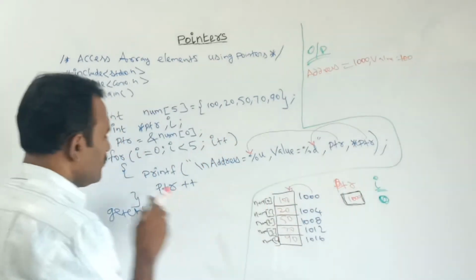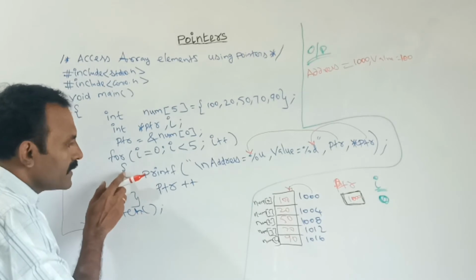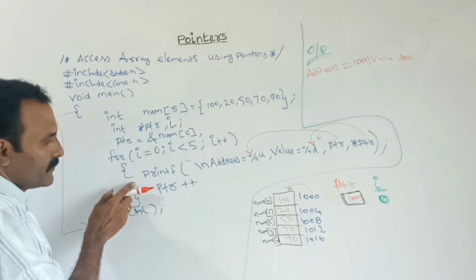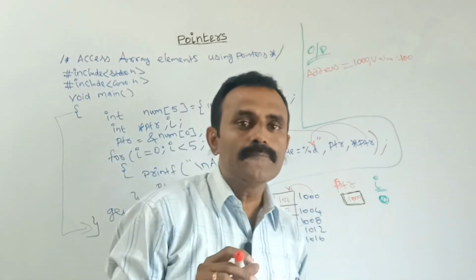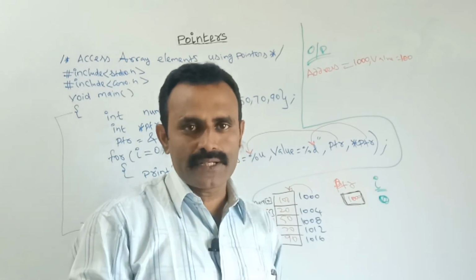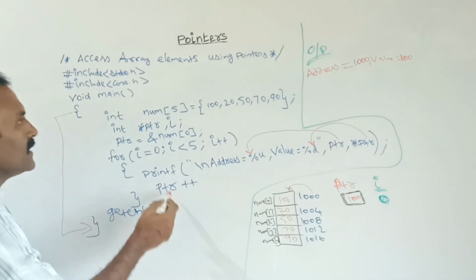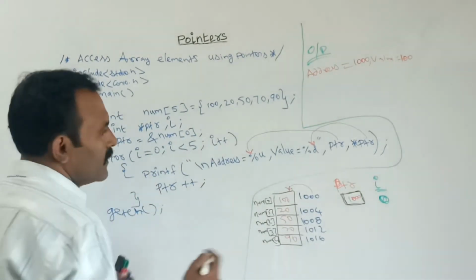In a similar way, next to this step, I am incrementing the PTR value. When you are incrementing the pointer variable, the value will be incremented depending upon the type, that is, the data type. Here this PTR variable is an integer. So now